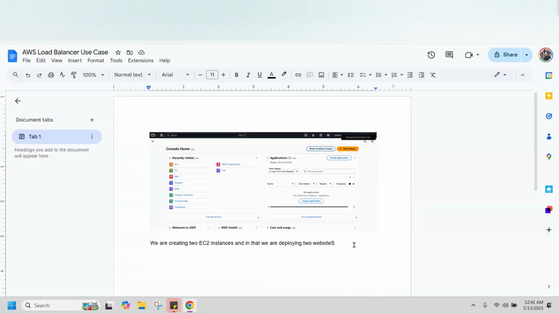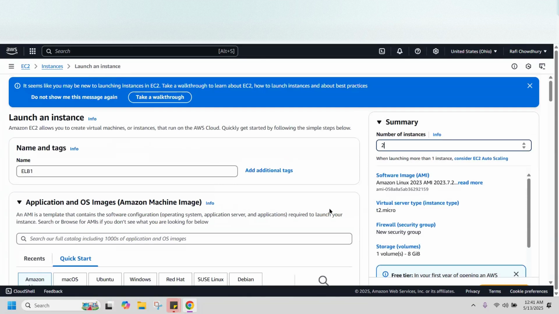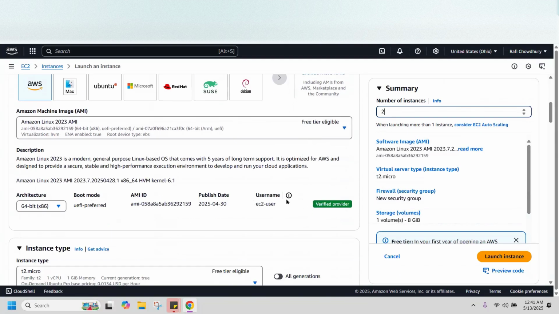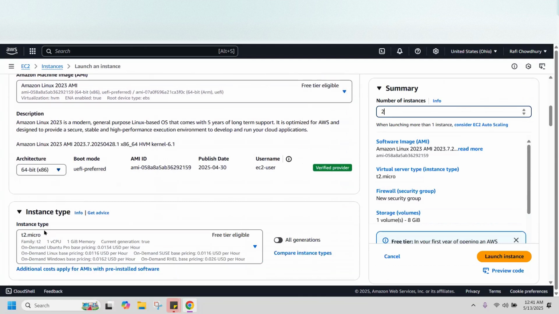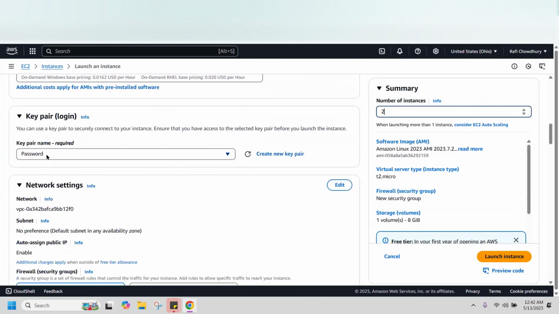We are setting up the configurations for the EC2 instance. We're telling it we need 2 of these instances. We're choosing what type, and so on. For the key pair,